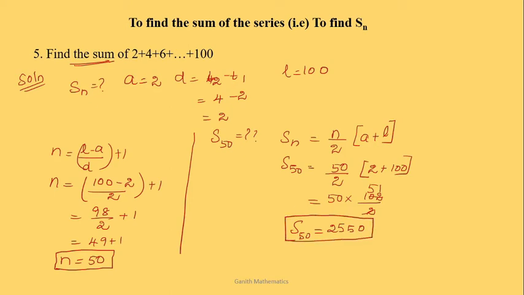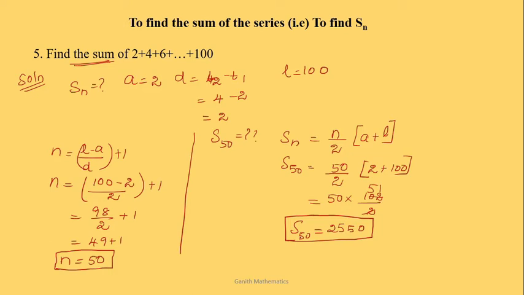Hope now you all understand how you use the formula and what formula you are going to use. If they ask you to find which term it is, then you have to use the Tn formula. If they ask you to find how many terms there are, then you have to use the n formula. If they give the L value, then you have to go with the formula related to L. And if they ask you to find Sn, then you have to find which formula accurately matches that. So you can select accordingly.